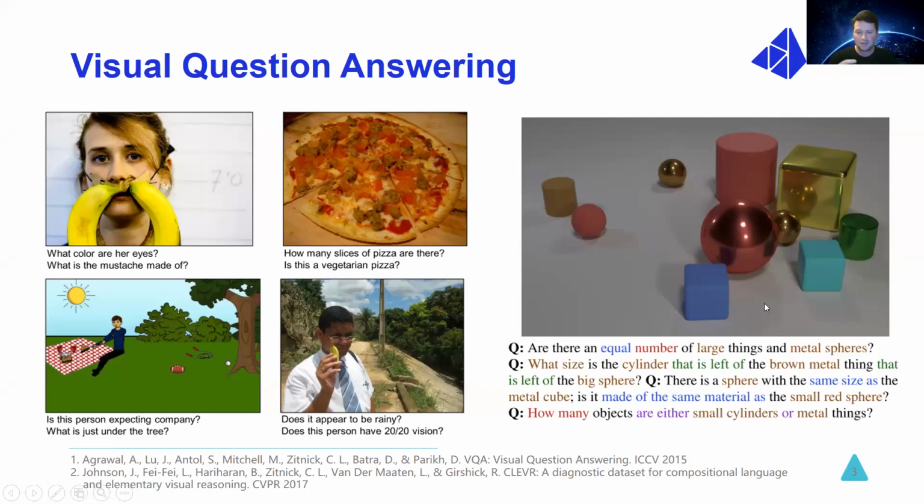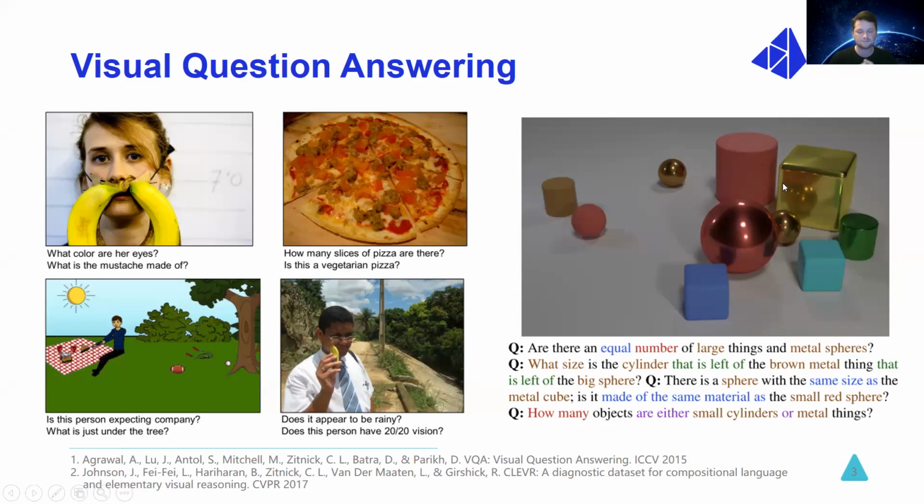It requires reasoning about relations between objects, and we're not able to answer this immediately. We have to think about this picture and find this big sphere, then the brown metal thing, and then the cylinder,